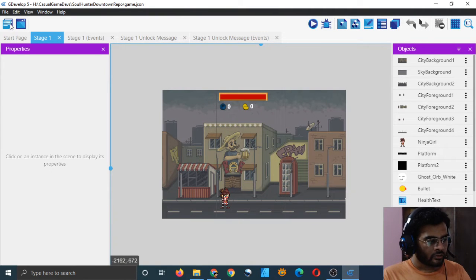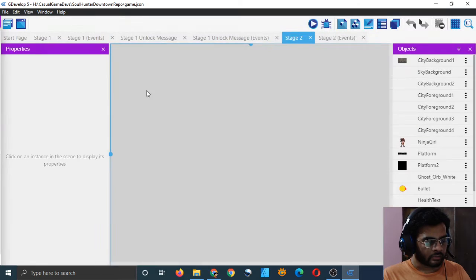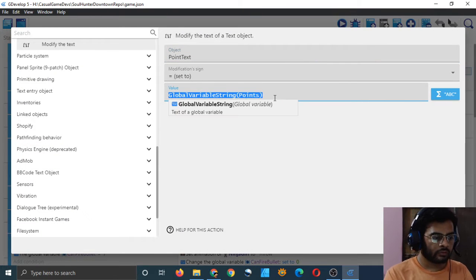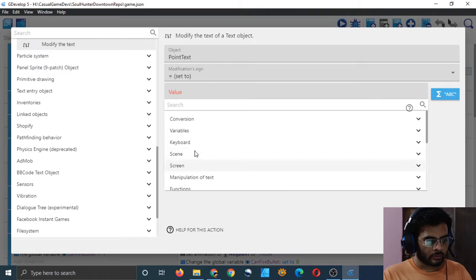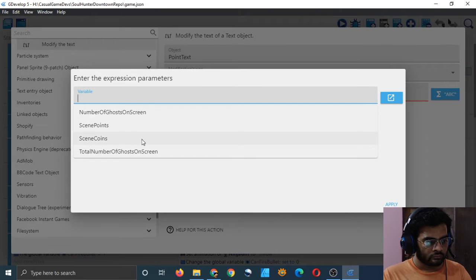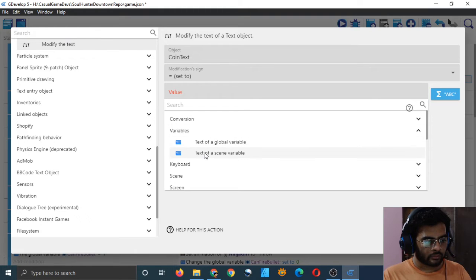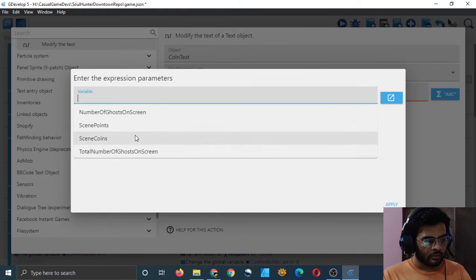So yeah, in stage 2 also we have to bind the point text and the coin text to the scene variable instead of the global variable. So just remove this and choose from here scene points. And double click again here and remove this and click choose from here text of a scene variable, scene coins.